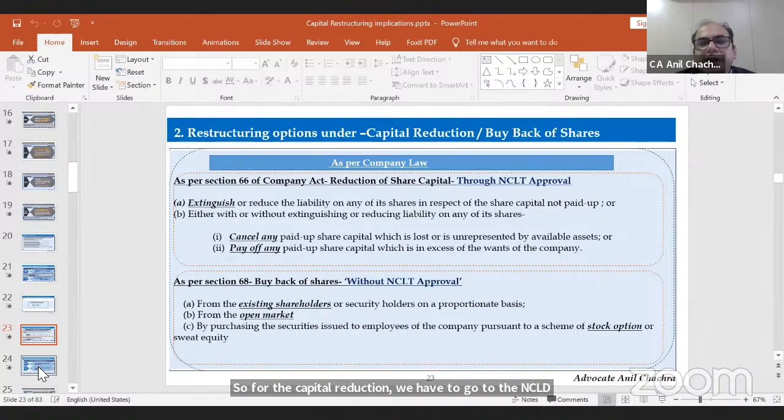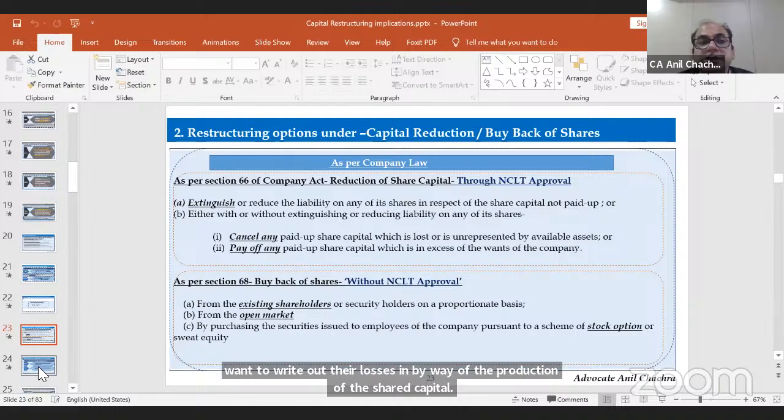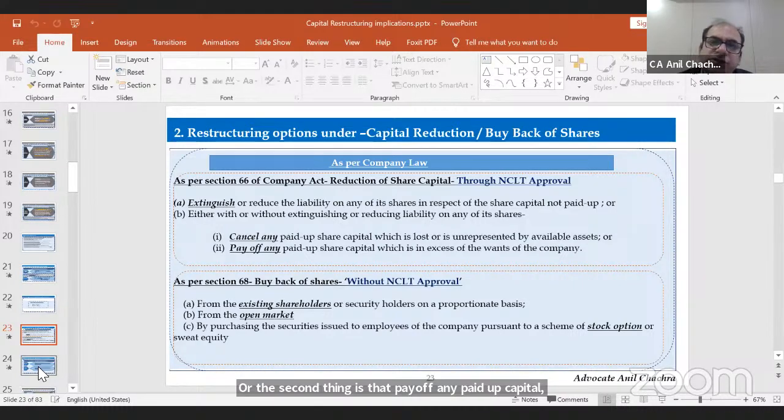So reduction can be done in two ways. First is to cancel any paid up capital which is lost or unrepresented by available assets. That means suppose the company is having heavy losses and they want to write off their losses by way of the reduction of the share capital. Or the second is to pay off any paid up capital which is in excess of the needs of the company, right? So there are two ways through which we can do the capital reduction, but only with the approval